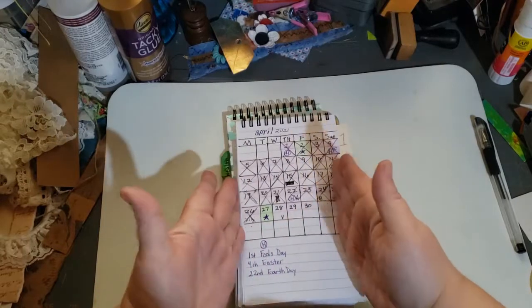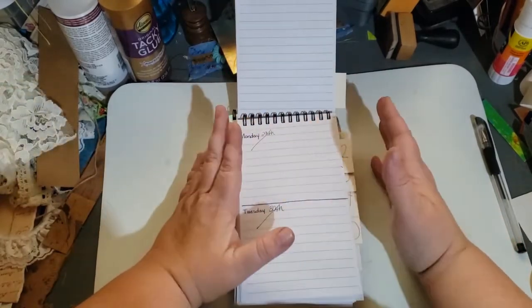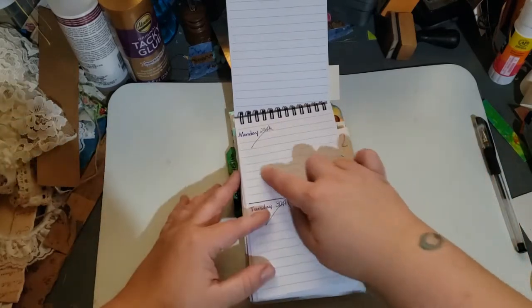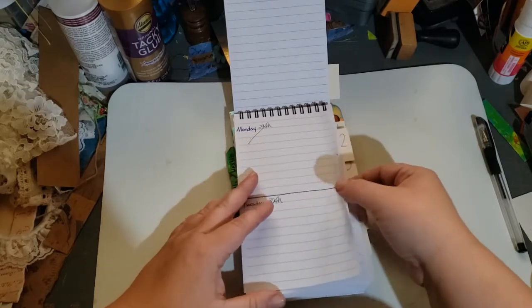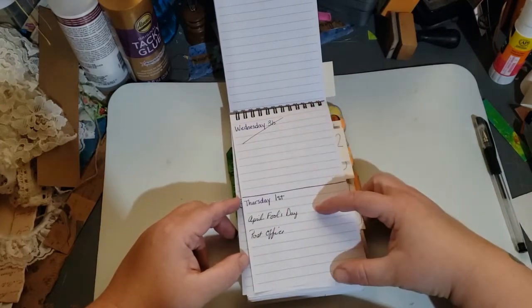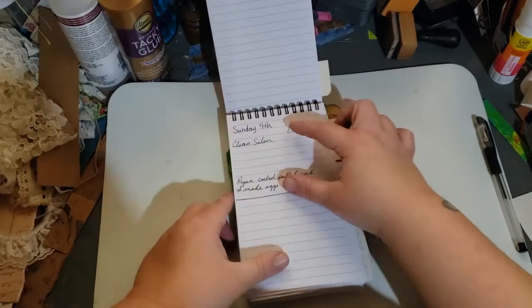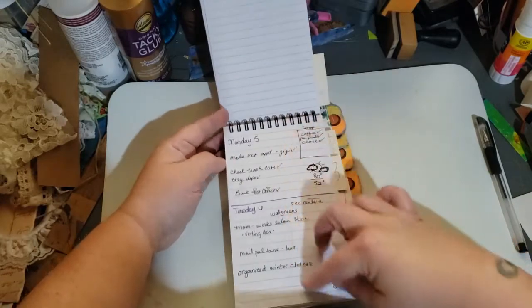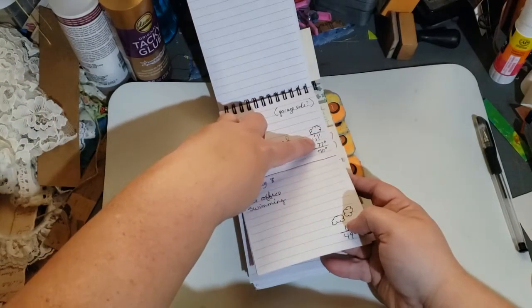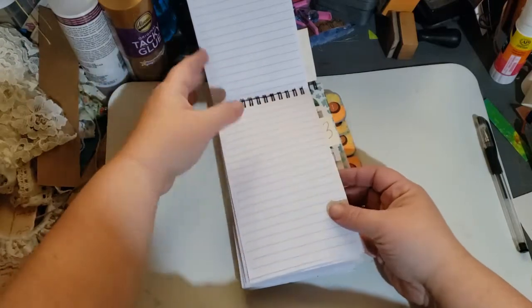So I have the overall calendar, okay, and then I broke down each week. So the first week, now normally I'm not a daily writer, okay. In the composition notebook you had a full page, and I'm like, I ain't even gonna fill that up. Half the time I don't even write things in here unless I'm doing something, like the post office. But with this being 2 days per page, a smaller area, I found myself using it more. And if you notice, you see me writing more into it because it wasn't such a filler. I even put how hot it was. So having two per page